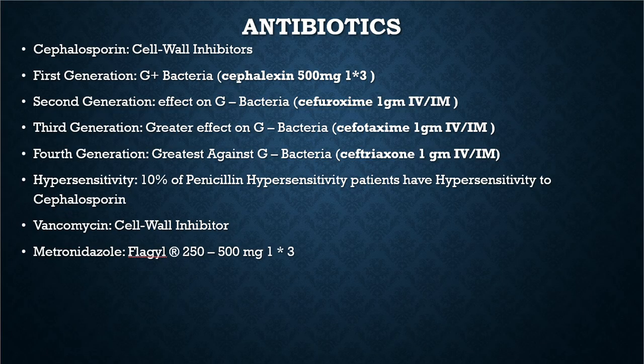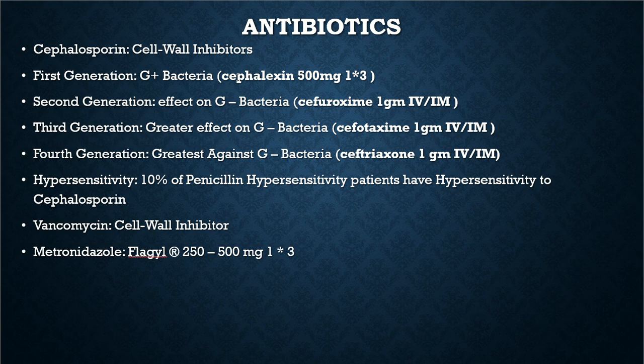As we go to the fourth generation, the gram negative coverage increases. So the first one works against gram positive, like cefalexin. The second generation has a small effect on the gram negative, like cefuroxime. The third, a greater effect on the gram negative, like cefotaxime